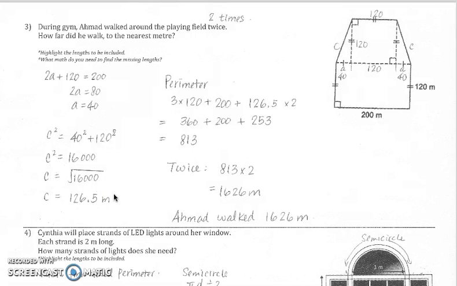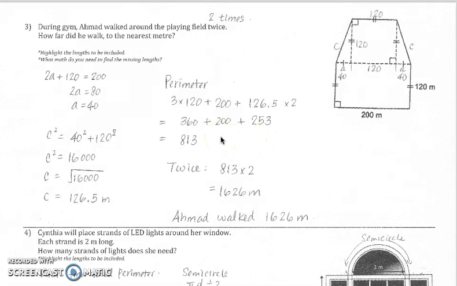So in summary, if we look at the playing field, there are 3 sides of 120 meters long, 2 sides of C, which is 126.5 meters long, and 1 side of 200 meters. So if we do this calculation, we have 360 plus 200 plus 253, which is